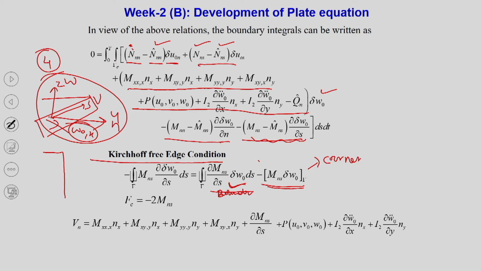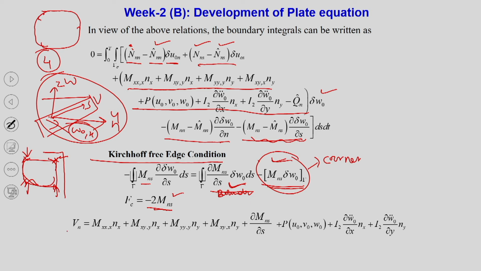So, I would like to put it that it will be the twice contribution, because from Mns you will get that. So, at the corners of sharp edges you will have some shear stress Mns, Mxy from that. Whenever we develop the theory, we put the assumption that for smooth corners, fillet, it will not have this shear. So, this will be taken as 0 for a plate which is having a smooth corner